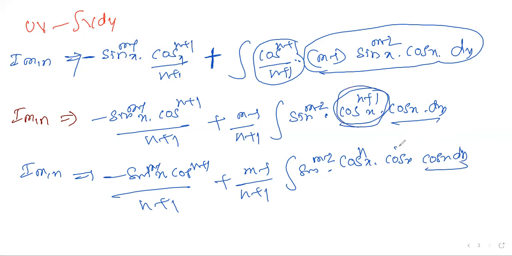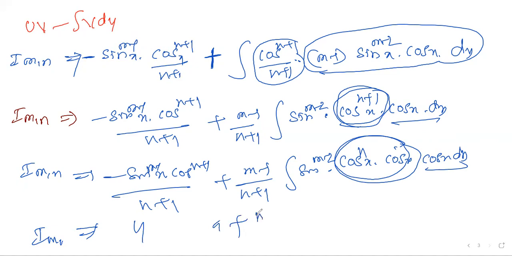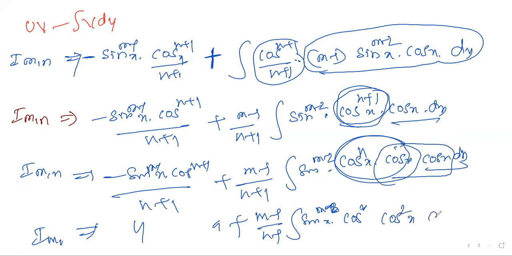This total step is splitting into this. This is one of the interesting steps. So next case, I(m,n), I'll write as I(m,n) copy plus (m minus 1) by (n plus 1) integration sin^(m minus 2) x into cos^n x. You can write it down, nothing wrong in that. cos x into cos x. What is going to happen is cos square x. This is cos power n, no? This is cos square x I got. Still clear? I'll copy the question in the next page. It becomes very easy to you.